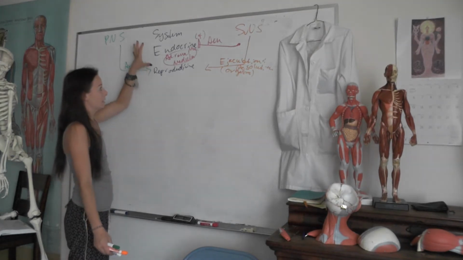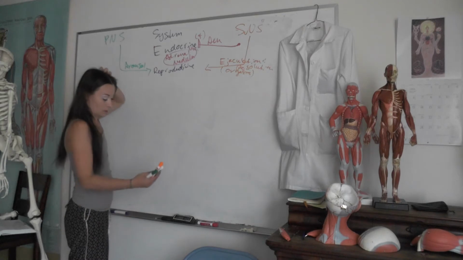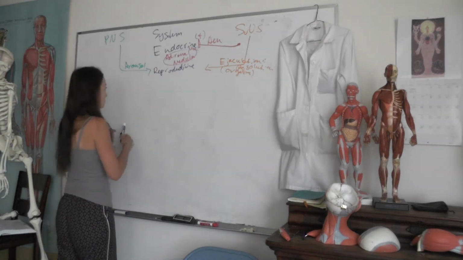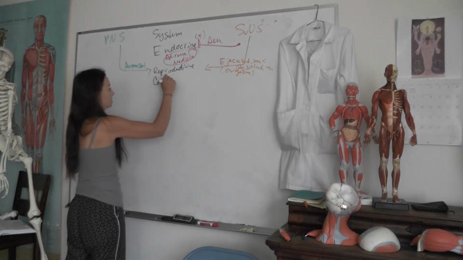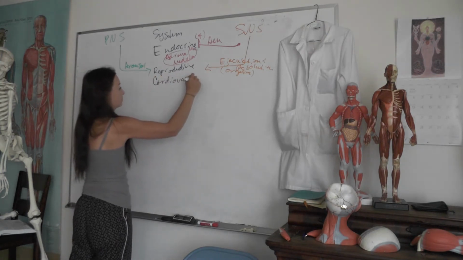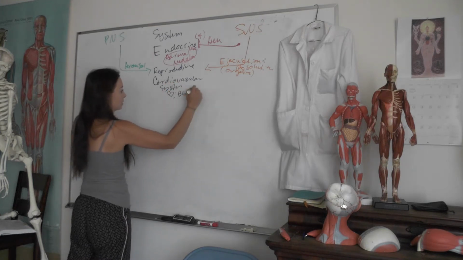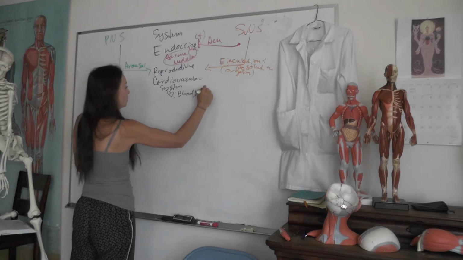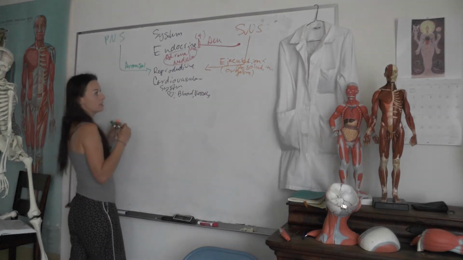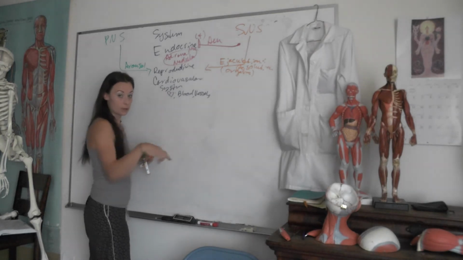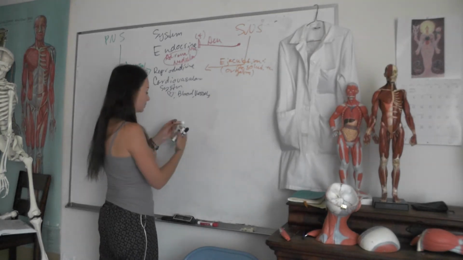And so anyway, after that, you'll look at the cardiovascular system. So cardiovascular system, what's in the cardiovascular system? Well, we've got our heart, our blood, and our blood vessels that are transporting that blood around. So at our heart, what did we say that the sympathetic nervous system did to the heart? It increased heart rate, right? It also increased force of contraction.